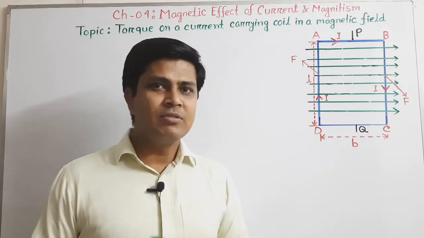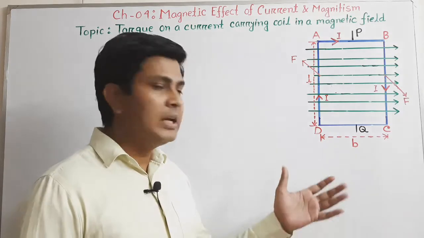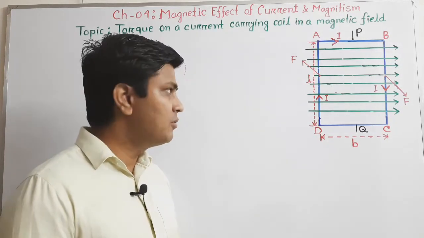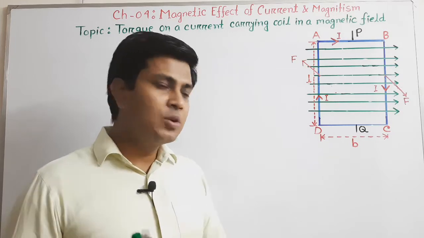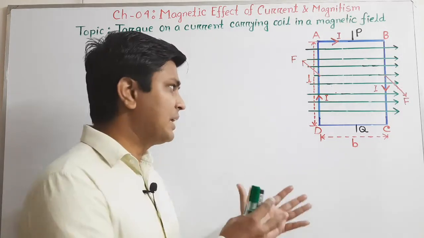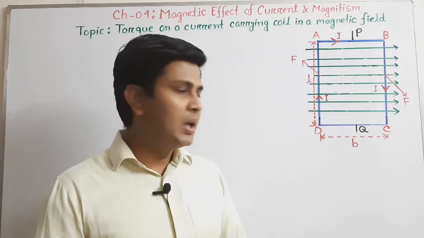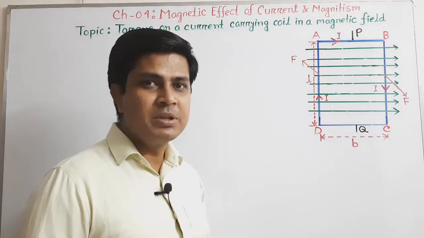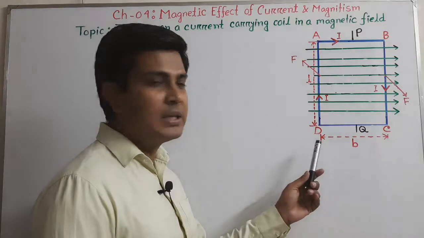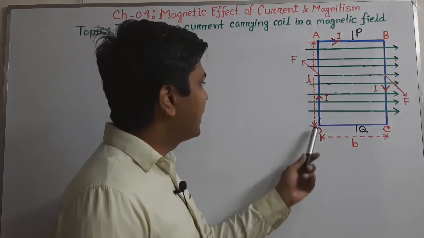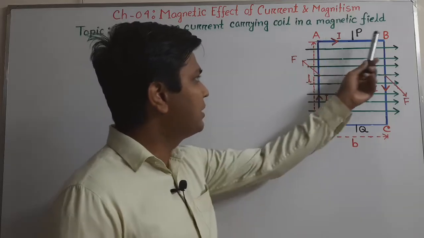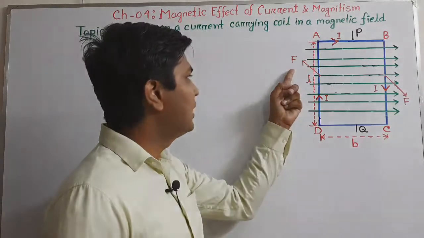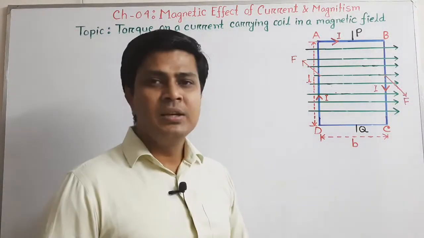If you place a rectangular shaped solenoid or coil in a magnetic field, then the solenoid starts to move because of the magnetic field. Let's see how the solenoid in a magnetic field starts moving. In the diagram, you can see A, B, C, D is a rectangular shaped coil. It is called a solenoid. Here, I ampere current passes through D, A, B, C and D. The length of the solenoid is L and the breadth of the solenoid is B.